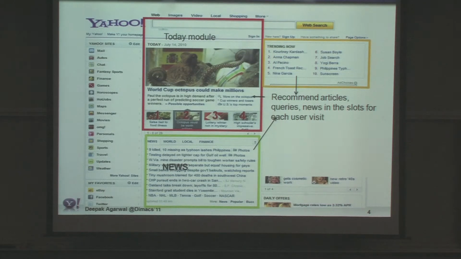Okay, so this is the Yahoo front page. We are very careful of user experience on the Yahoo front page. There is a lot of editorial oversight which goes into producing content that's published on the page. That's primarily because it's the Yahoo front page, and we don't want to compromise on user experience at all. At the end of the day, it all depends on how things blend together on the front page, and that again depends on the kind of objectives you have in mind. Is your goal to maximize click?